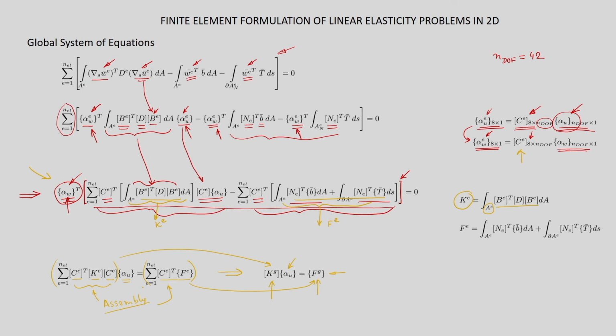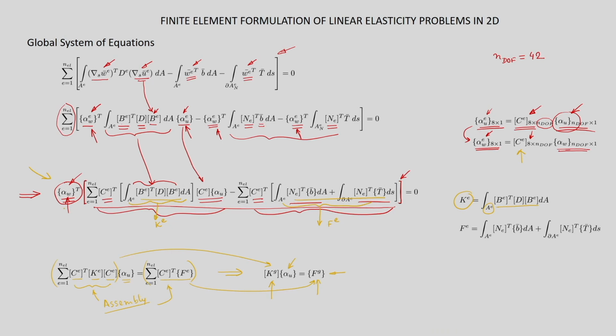This is just to relate whatever we discussed in the steady state heat conduction problem. We said that if I assume the weight function W as one of the basis functions phi I, then we get the ith equation of the global system of equations. So, when we replace W as phi I, we got the ith equation. Now, can I get the same thing from here? That is the question, because I used another argument saying that alpha W is an arbitrary vector, and an arbitrary vector taking a dot product with another vector always gives 0. So, it means the second vector is equal to 0. That argument we have used here.